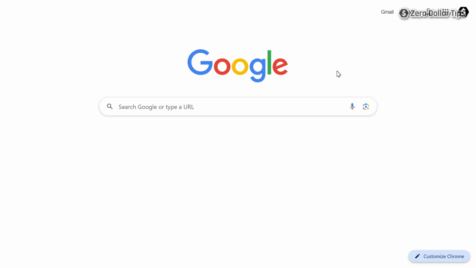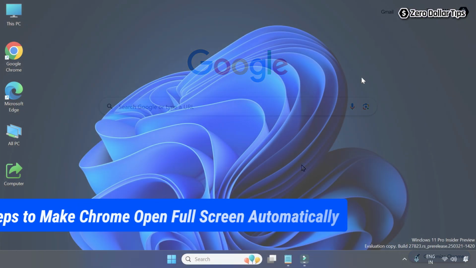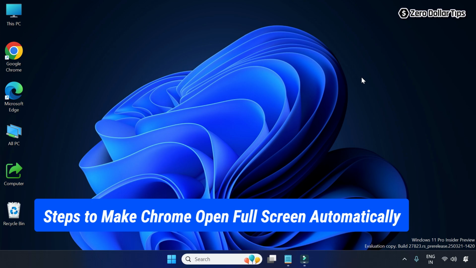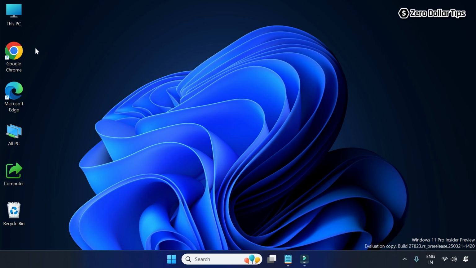Hi guys, if you want to make Google Chrome open in full screen automatically like this, then let's see how to do it. So for that, first of all right click on the Google Chrome shortcut on the desktop